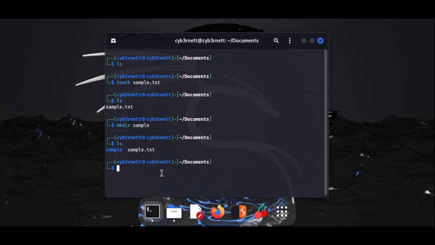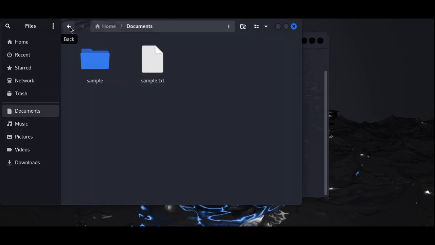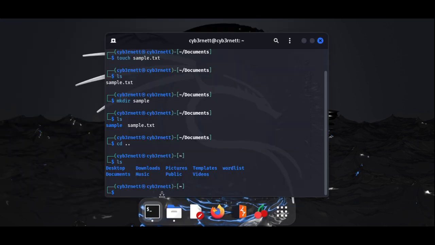So here now we are inside a document directory. To leave this directory, I would do cd dot dot to move one step backward. So here I am a step backward. When I do my ls here, you can see the documents that I just came out from. Here we have the desktop, the downloads, the pictures, the documents. So to move back a step from a present directory, you use cd space dot dot to move back. So we want to copy this sample text